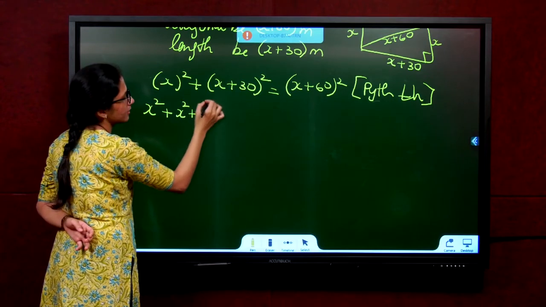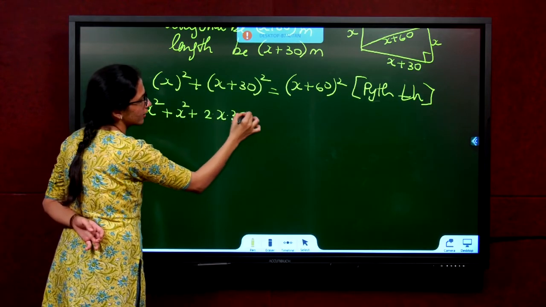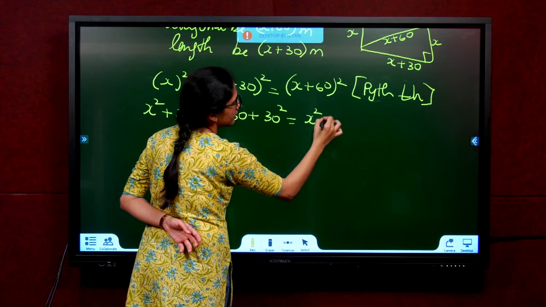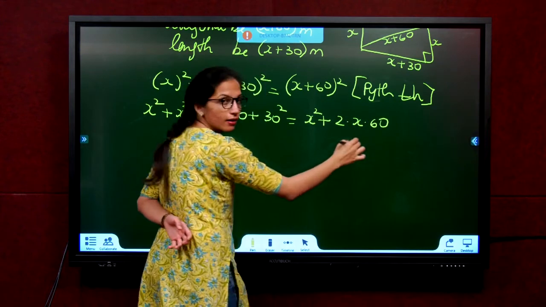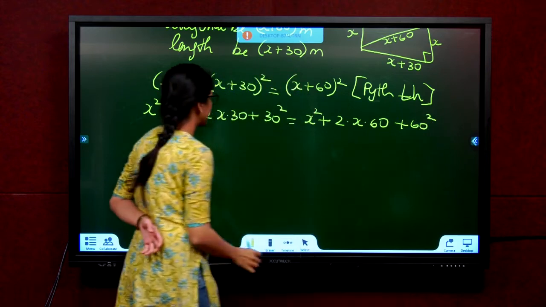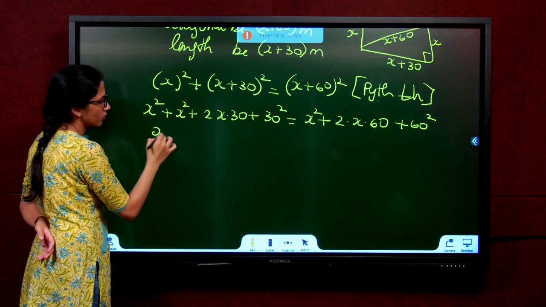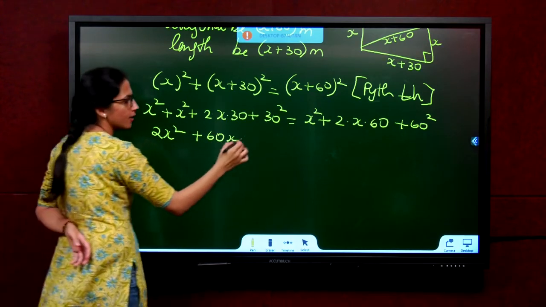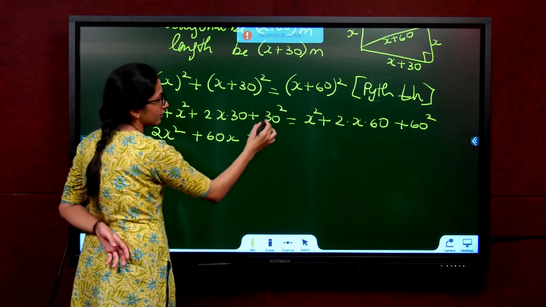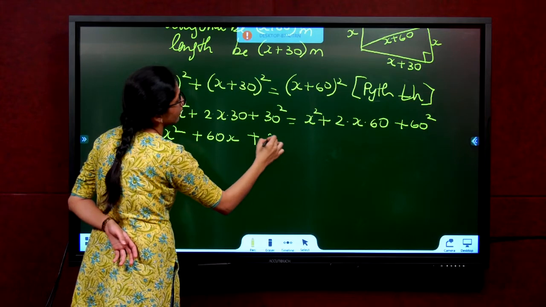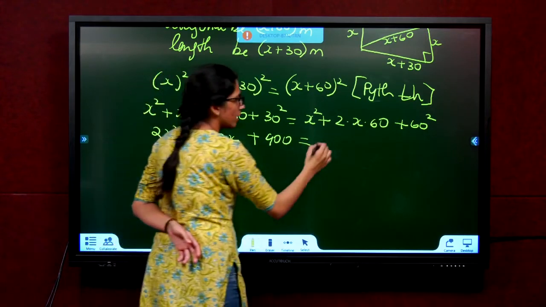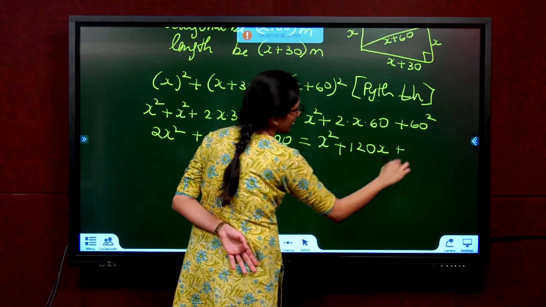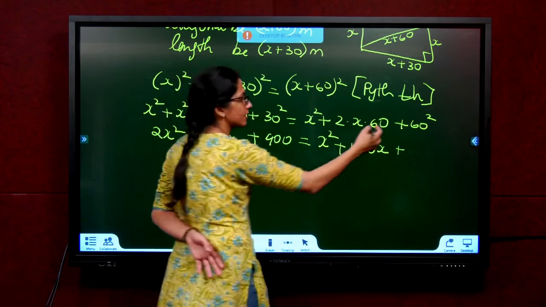x square plus 2 into x into 30 plus 30 square is equal to x square plus 2 into x into 60 plus 60 square. x square plus x square, 2x square. 2 into 30, 60. So 60x plus 30 square. 3 into 3, 9. So 30 into 30, 900 is equal to x square plus 2 into 60, 120. So 120x plus 60 square. 6 square, 36. 60 square,